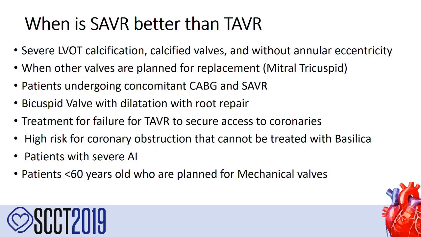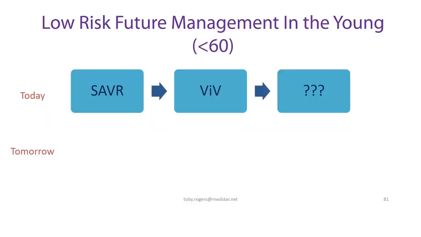So I would say that these are the situations when SAVR is better than TAVR. I mentioned them, and I'll give you one last scenario to end here. What do you do with a patient less than 60 years old? Today, he's definitely going to SAVR. Maybe 10, 15 years after, he's going to have a valve-in-valve. And after that, I'm not sure, maybe another valve-in-valve. But remember, when you do two valves-in-valves, you're basically obstructing the access to the coronaries, and those patients at the age of 80 may need some coronary intervention.